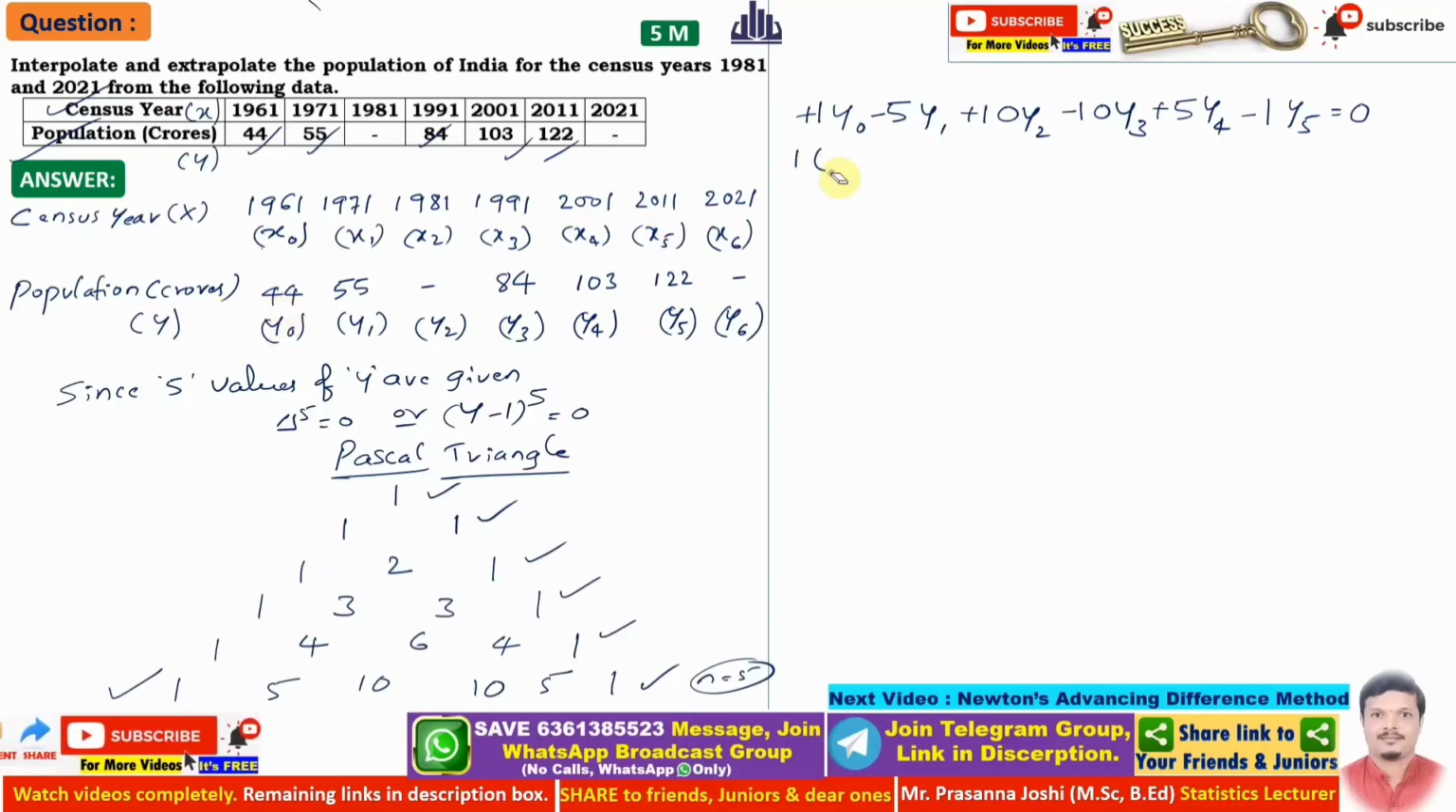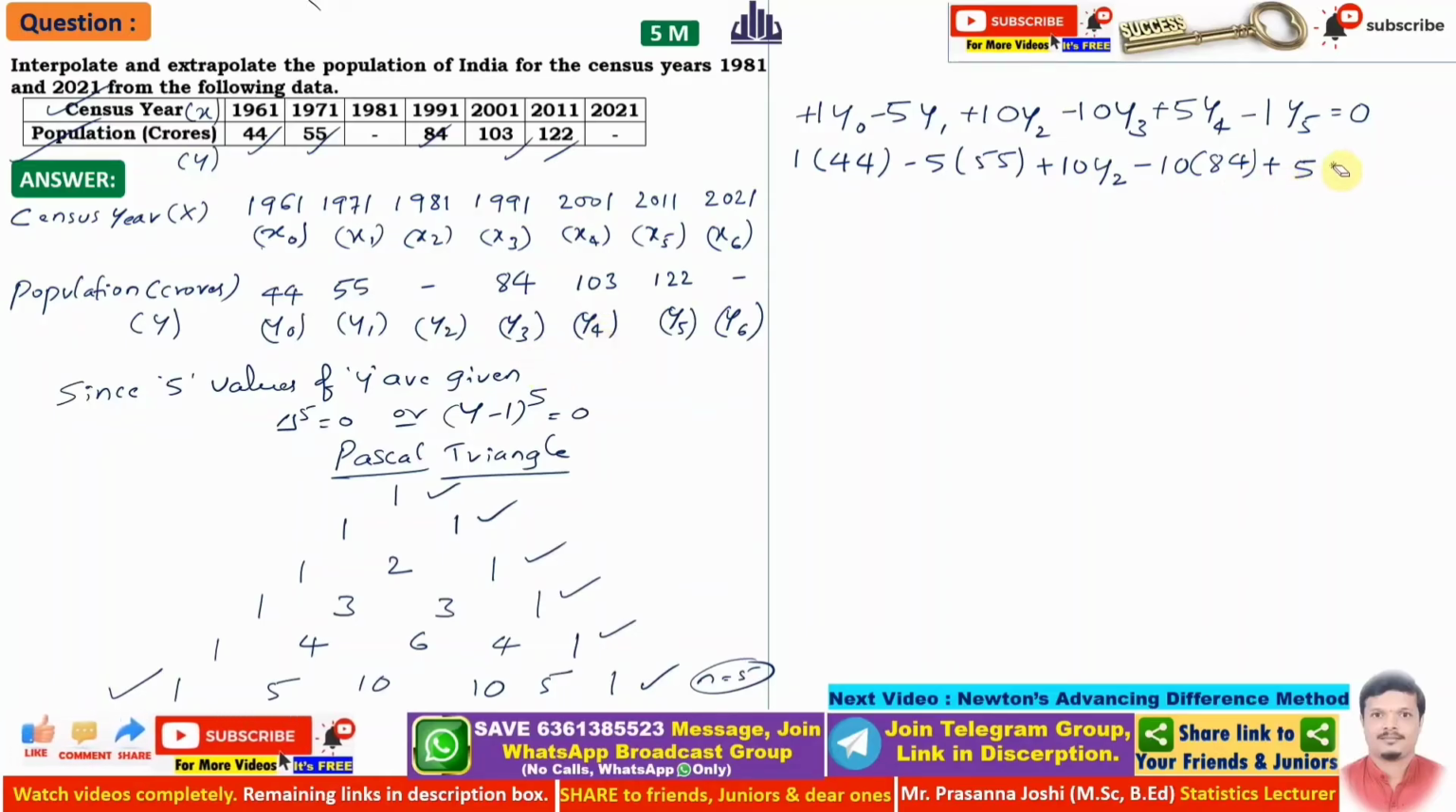y0, y0 is 44. Minus 5, y1 is 55. Plus 10, y2 has to be calculated, so let us write y2 as it is. Minus 10, y3 is 84. Plus 5, y4 that is 103. Minus 1, y5. y5 is 122